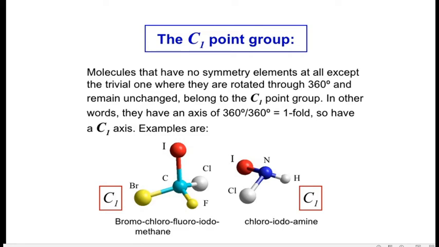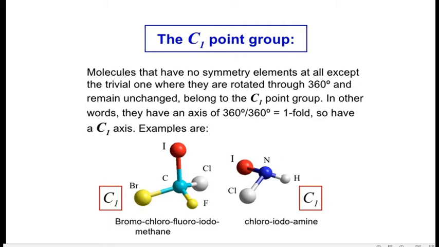The very first is the non-axial point group, or the low symmetry point group, which is the C1 point group. In the C1 point group, the order of axis is 1, that means n is equal to 2 pi upon theta. So the degree of rotation is 360 degrees. If we rotate the molecule about 360 degrees, it comes back to its original position, that is nothing but